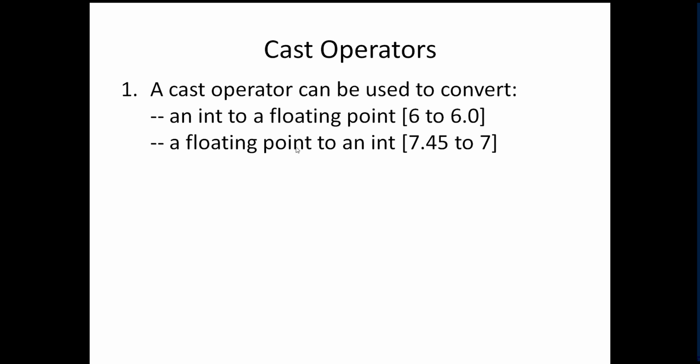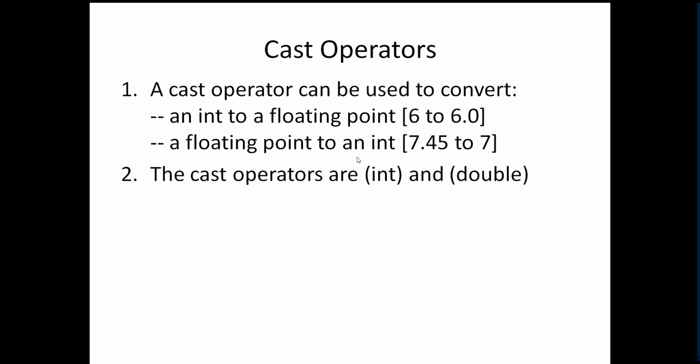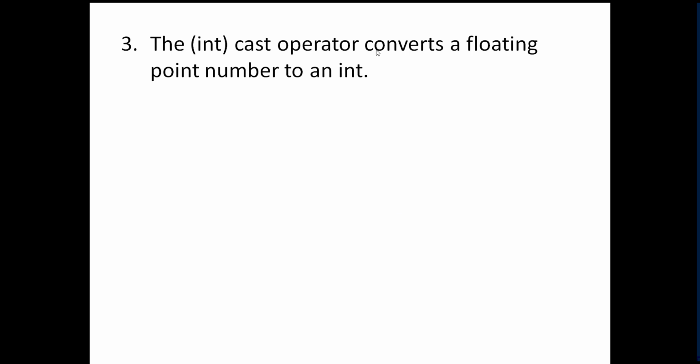It can also convert a floating point, a double or a float, to an int. So it can convert a 7.45 to a 7. And sometimes this is going to be helpful. The cast operators are int in parentheses and double in parentheses. That's how they are listed, and we're going to take a look at both of those. The int cast operator converts a floating point number, or a decimal, into an int, or converts a double into an int. So if you look at the first situation here,